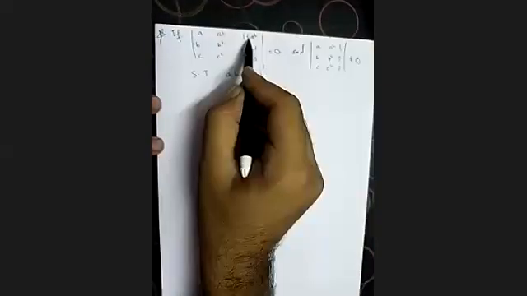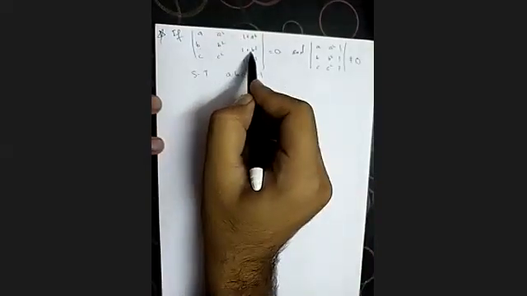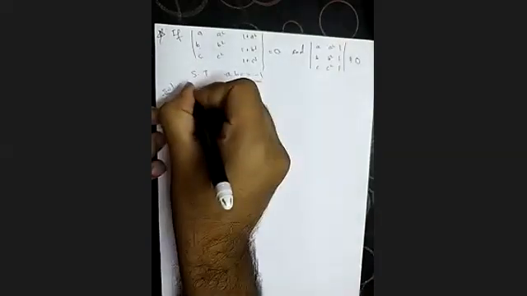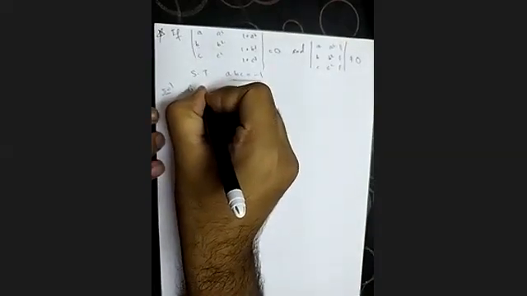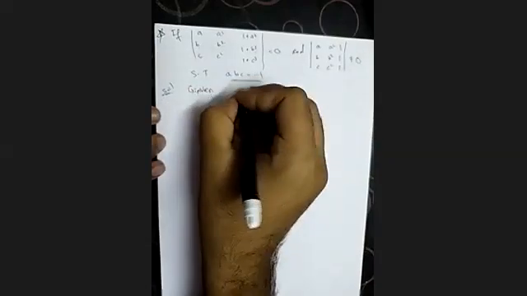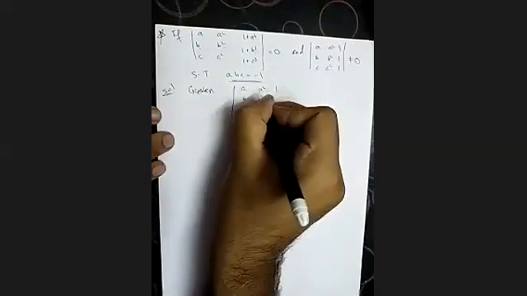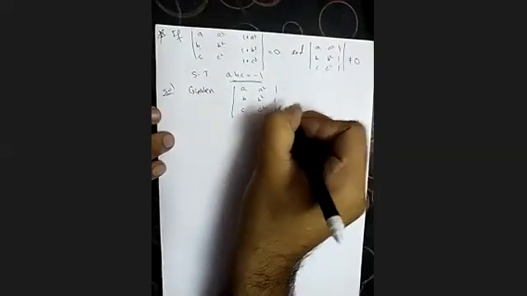Question, let me tell you. The determinant with rows a, a square, 1 plus a cube; b, b square, 1 plus b cube; c, c square, 1 plus c cube is equal to 0, and the determinant of a, a square, 1; b, b square, 1; c, c square, 1 is not equal to 0. We have to show that abc is equal to minus 1. Now first of all, what is given to us? Given that the determinant a, a square, 1; b, b square, 1; c, c square, 1 is not equal to 0. This is given to us.